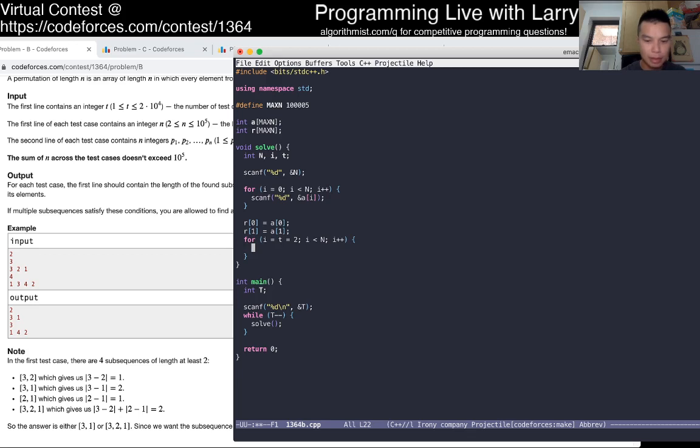If a sub i, basically what we want is if this is true, then a sub t is equal to a sub i.